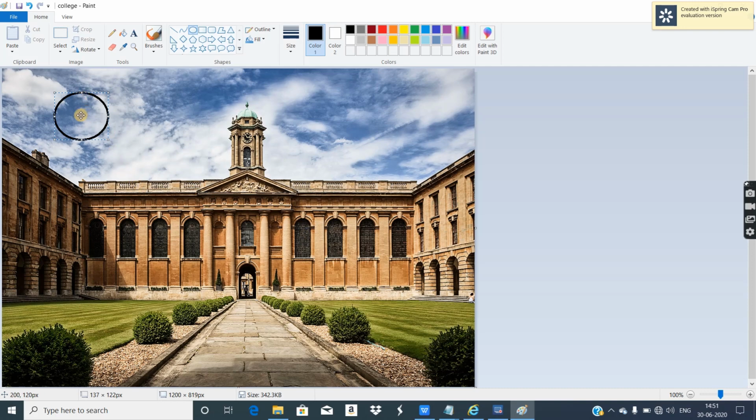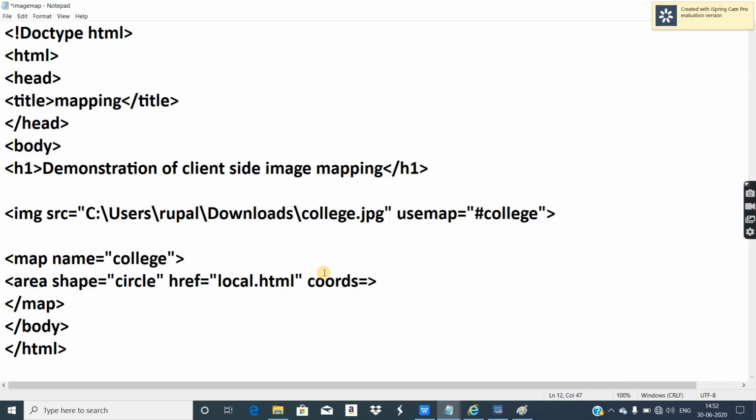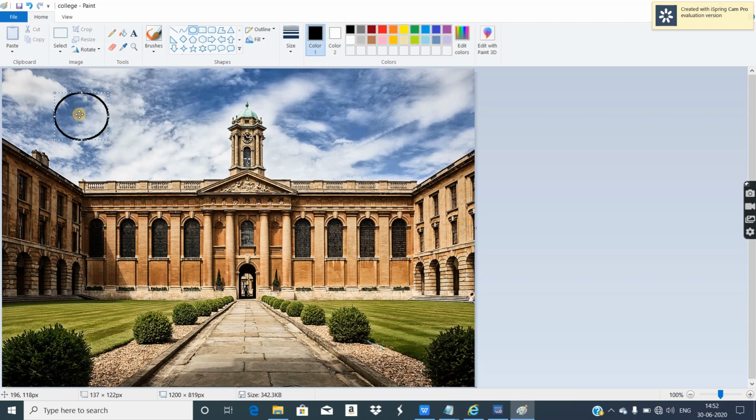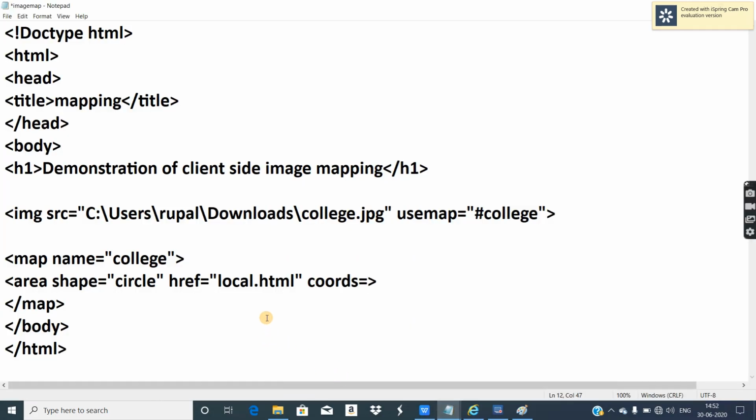So this is a random circle. How to take coordinates for the circle? Place your mouse in the center position. Assume any center position and observe the coordinates. I can see 200 comma 120. Note down. Either you note down right now, I'll just type it. That was 200, I think. I'll take one more. Okay, so now I have got 201 comma 124.